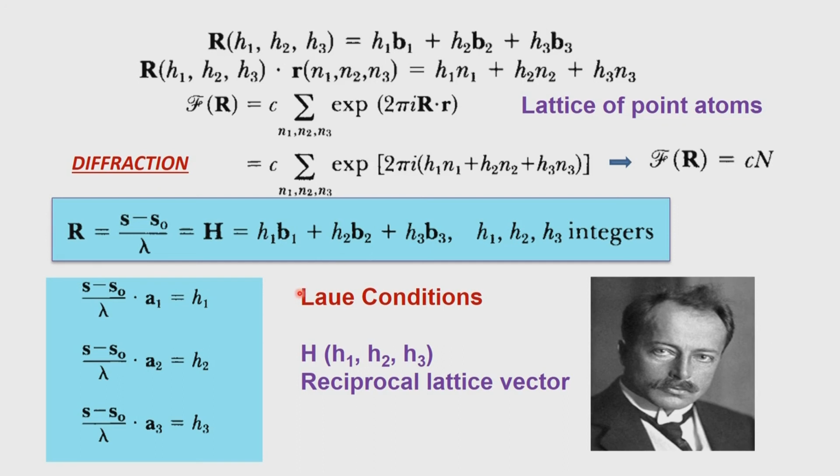That means when you send the X-ray beam onto the crystal, only when all these conditions are simultaneously satisfied will you get the diffraction. That means when you have a 3-dimensional crystal, the diffraction will occur only in certain given directions, and those directions will generate a point, and therefore, we get a reciprocal lattice point. How it generates a point is still a question which we will answer as we go along.